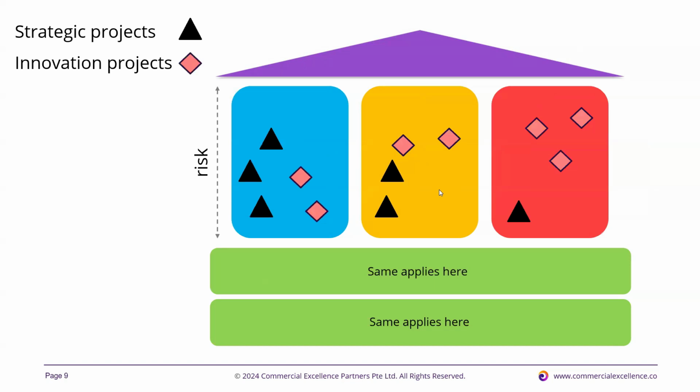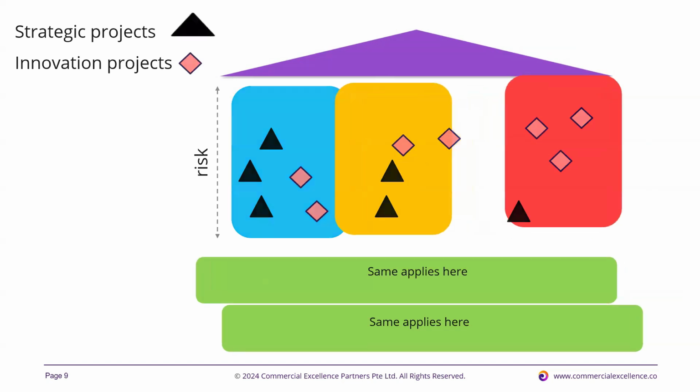The second pillar here, it looks like we're going a little bit riskier with some of the projects. And in this third pillar, it might be very aspirational, a real stretch target for the organization. And a lot of innovation is required in that newer space for us. The same concept applies to the enablers. We need to have strategic projects that help us build up capabilities in our enablers, but also we need to innovate and take some chances and place some bets as well.